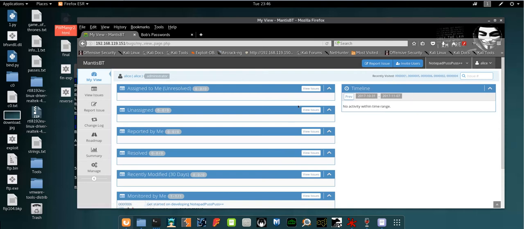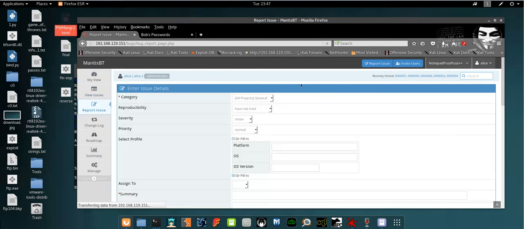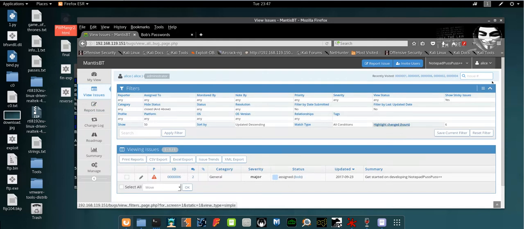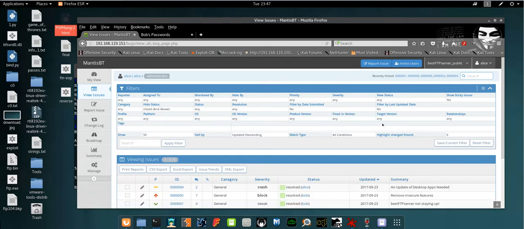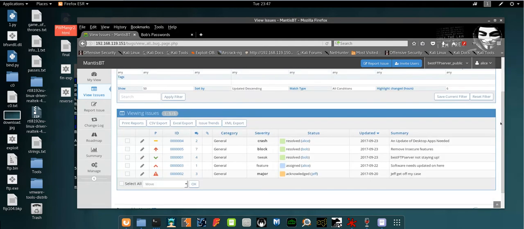After a bit of searching and poking around the website, I figured out that if you go to view issues, and here you click on best FTP server, the issue we need to look over is remove insecure features. So if we click on this,